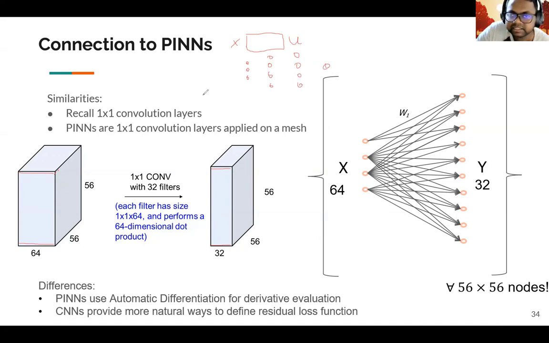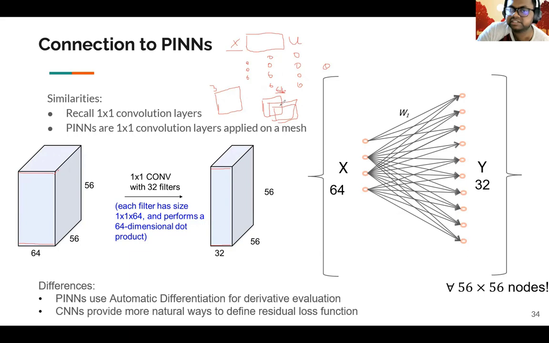I could represent this as nothing but an image of, say, whatever resolution your mesh is, with 3 channels. From this 3-dimensional image, you perform a 1x1 convolution of, say, 64 dimensions. So from this 3-dimensional input, you go to 64 filters of conv1D to get this particular output.